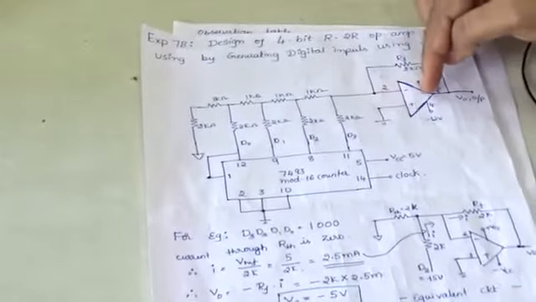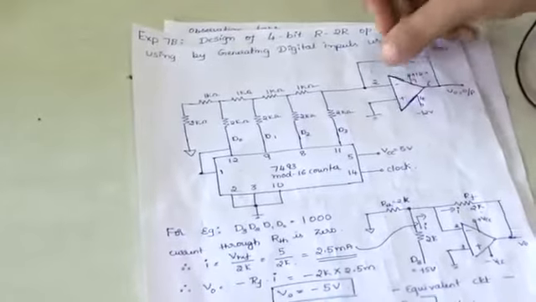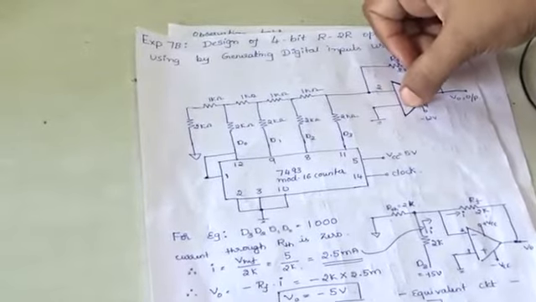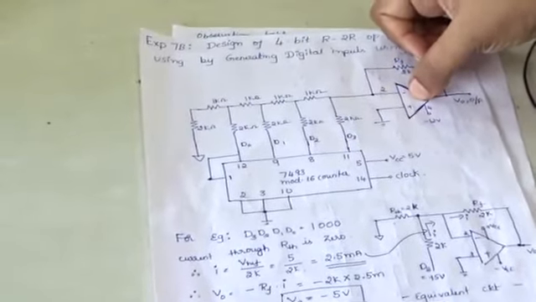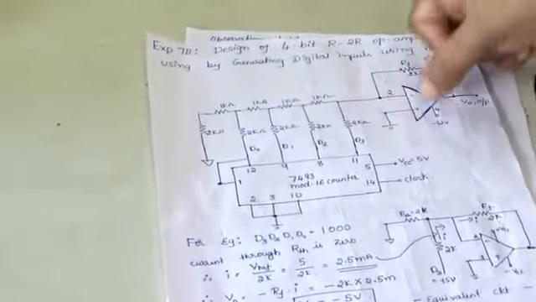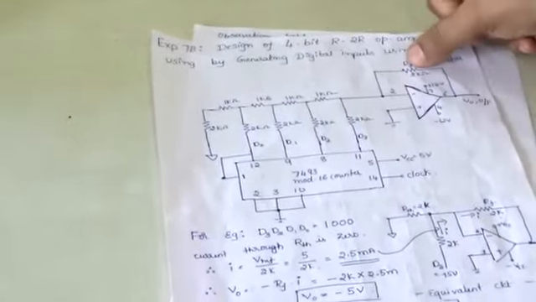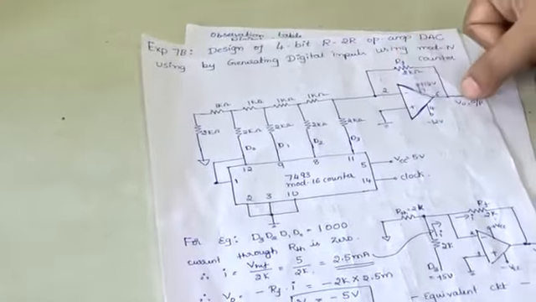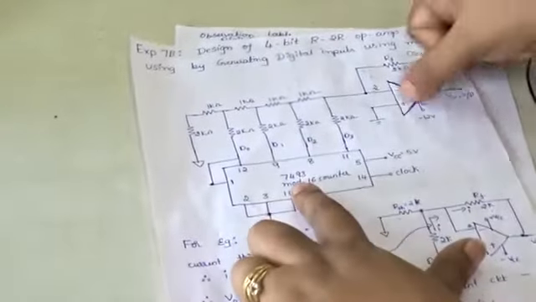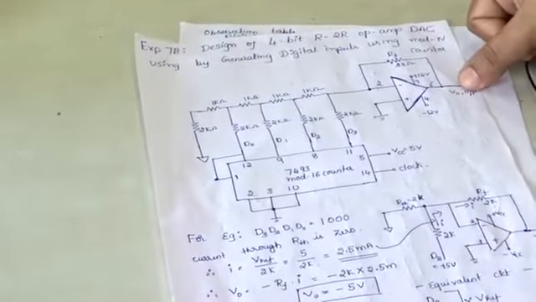When I work with the 741 op-amp, I should know its specification. The second pin is the inverting terminal, and the third pin is the non-inverting terminal. Since we are making use of an inverting amplifier, the input is given to the second terminal, and the third terminal has been grounded. At the second terminal we provide feedback through a 2 kilo ohm resistor, and then we observe the output here. We provide the input in digital form, and this op-amp converts it to analog form. This is how the conversion happens.